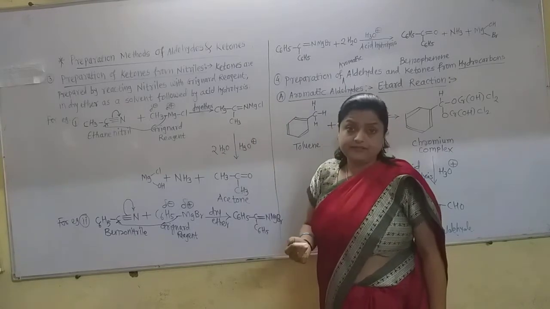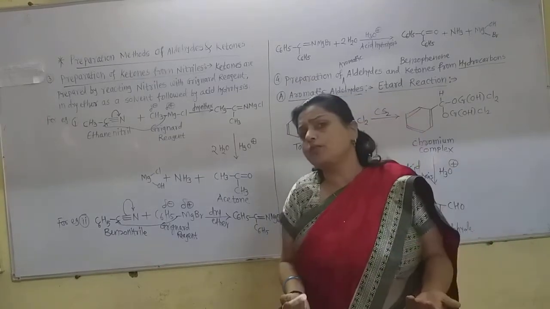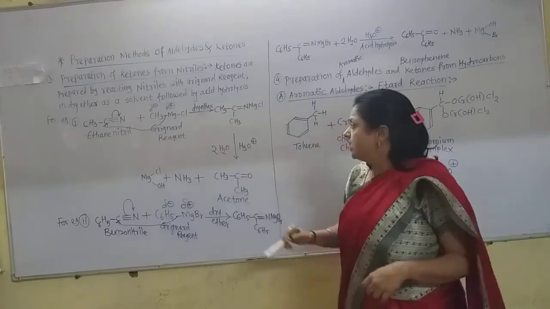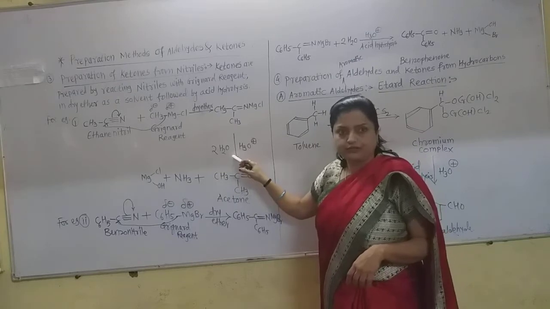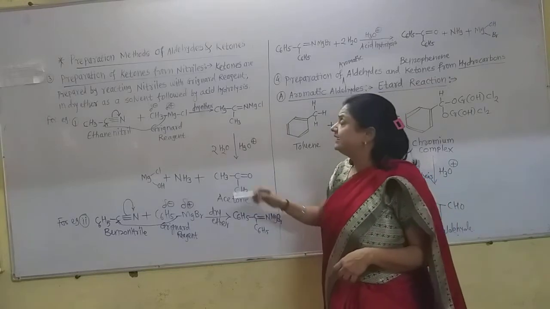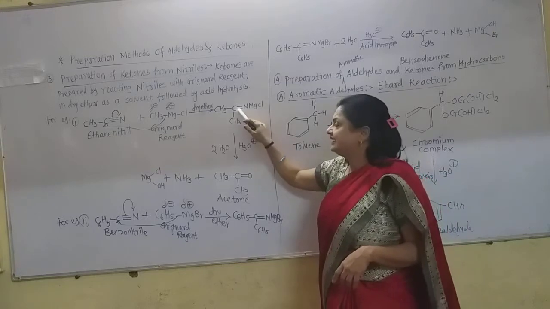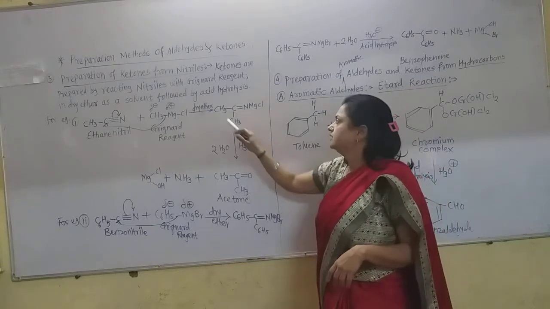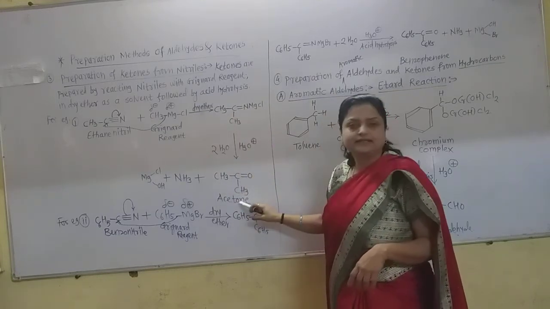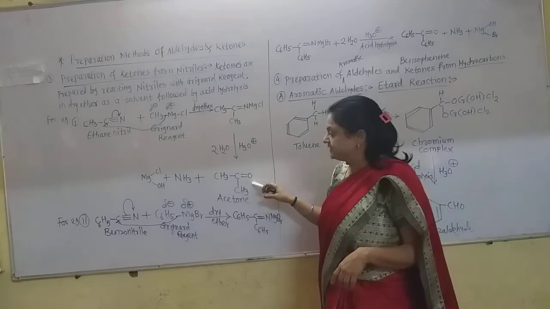Now in the second step, that is the acid hydrolysis, we know that there is addition of water molecules, but here we require two water molecules. So I write here 2H2O. In the presence of acid, water gets added. One of the oxygens of one water molecule is directly attached to this double bond. Now see here, CH3, C double bond O, and CH3. We obtain the ketone, that is acetone. This is the method of preparation of ketone. So acetone is obtained here.